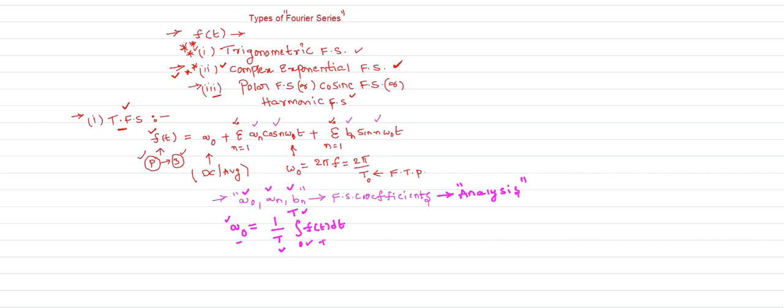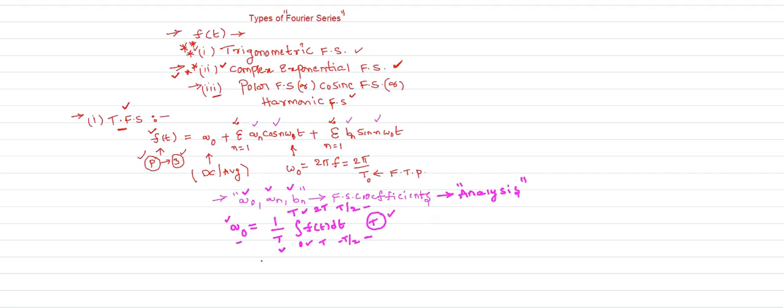So whether it is t to 2t or minus t by 2 to t by 2, whatever limits you consider, the limit range is always over the time period. When you consider minus t by 2 to t by 2 and subtract the lower limit from the upper limit, you will always get the time period t. So this is the a0, the DC value, average value, or mean value of your signal f of t. That is the formula used to calculate the DC value.